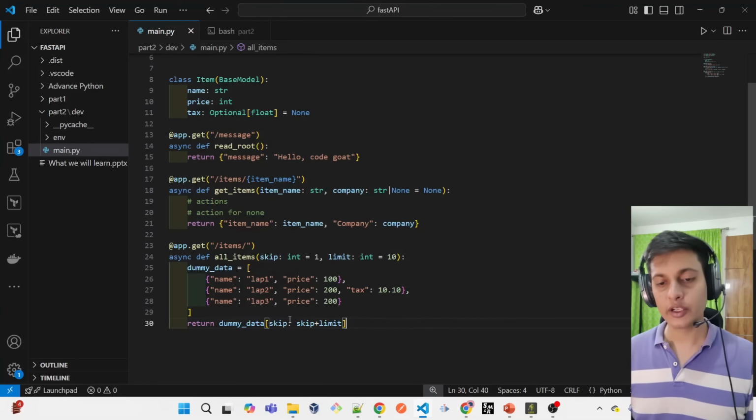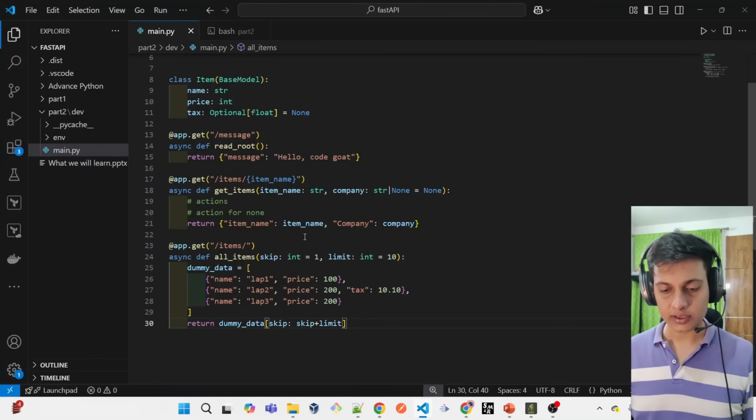See, it provided only 2 records with the name, price, tax, and the name, price. It skipped the first one because it's the slicing part started from the one to the remaining thing. Okay, so now we understood. Okay, we have used this dummy data. We are going to